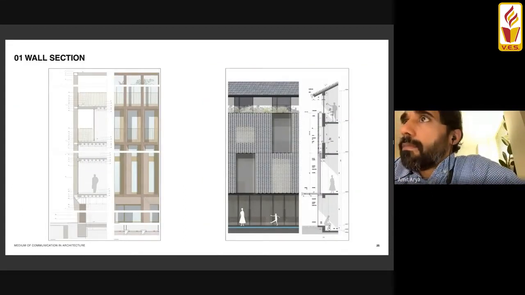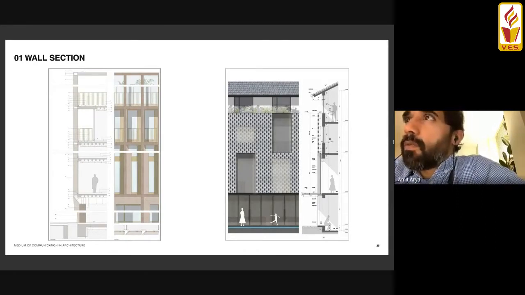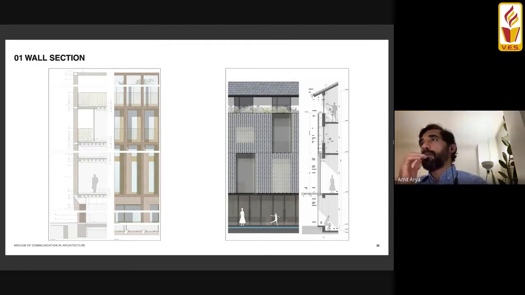And the last important mix of toolkits is the wall section. I very strongly believe, from when I was studying architecture, that this was a kind of synthesis of a drawing that we never really investigated. Nowadays in our day-to-day lives, we make these drawings towards the fag end of every conceptual design submission, because what a drawing like a wall section does is, if you see the